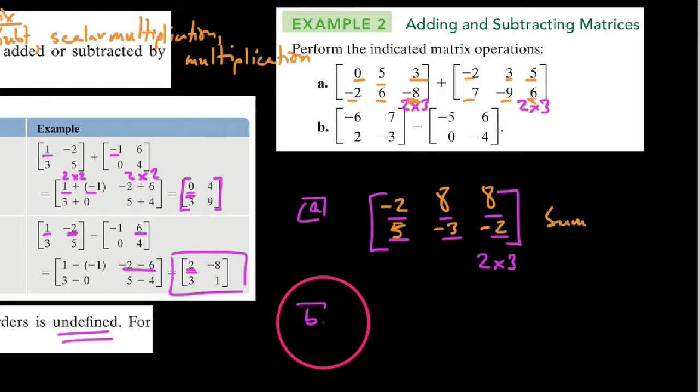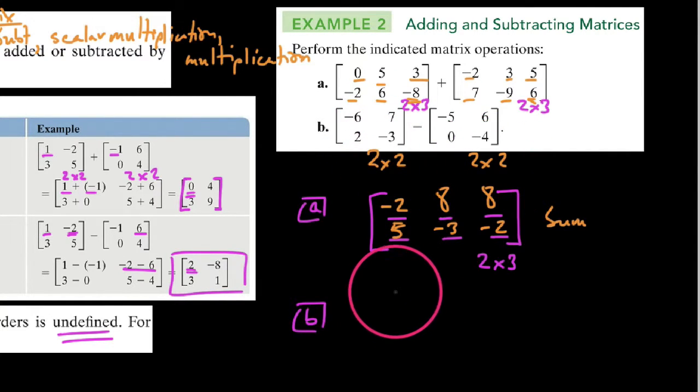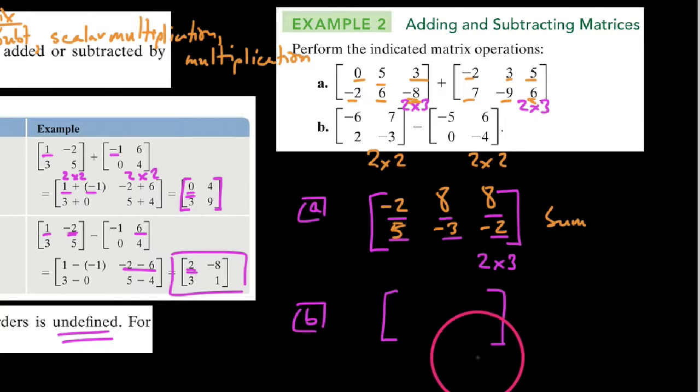So now looking at our difference, we notice that we're subtracting all of these entries in here. So we have to be careful how we do this and how we think about this. But we have a 2 by 2 minus a 2 by 2. So let's go ahead and fill out a blank 2 by 2 matrix that will be our difference matrix. So looking at this, we get